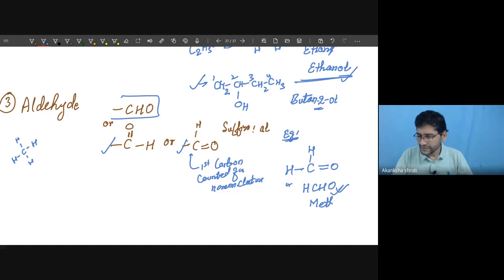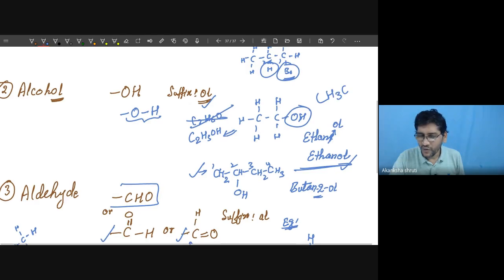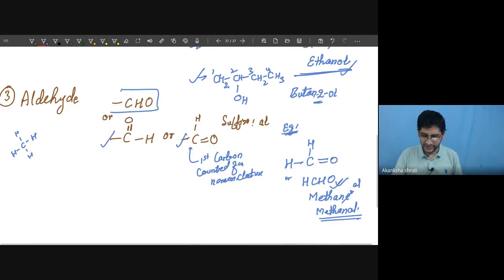So it is derived from methane. So the E in ane has to be replaced by AL. So the name is methanol. Okay, but if you are taking it like this, say C with the 3 hydrogens, CH3OH, it becomes methanol. Okay, so from methane we can derive by replacing one of the hydrogens by any of the functional